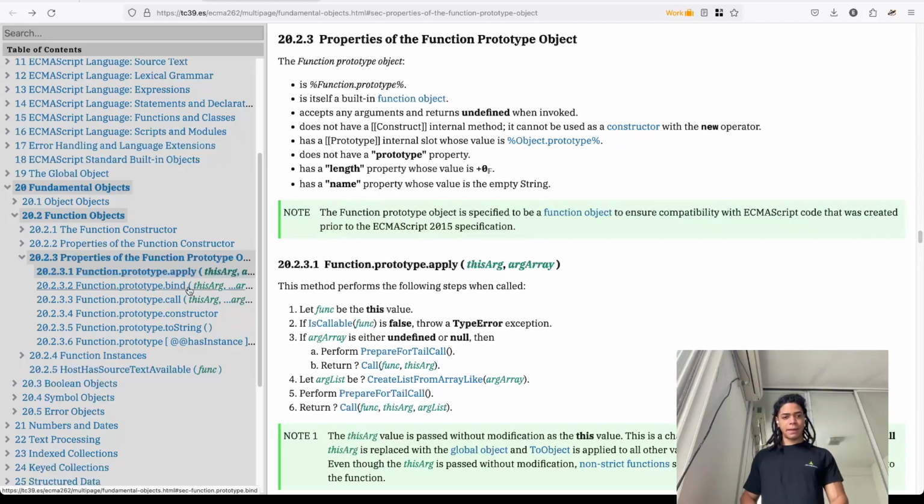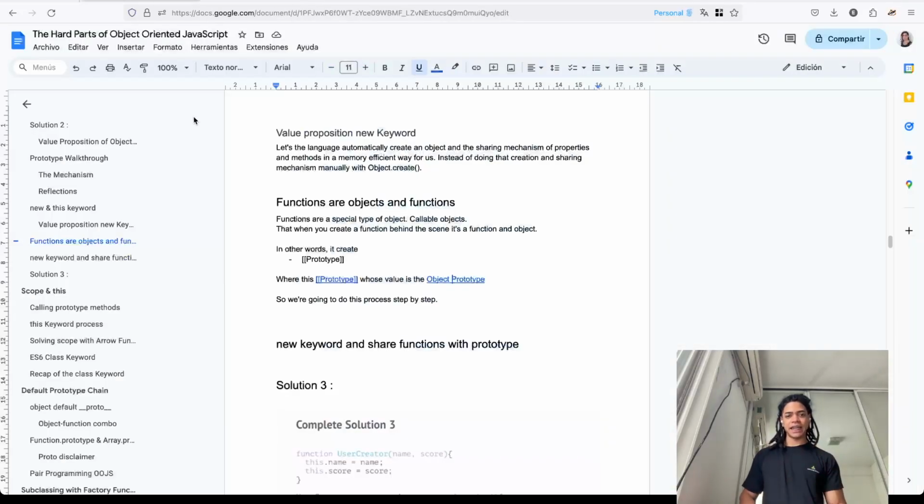For example, apply, bind, and call, and how by using them you can define which value you want this to be. So we're not going to go there because we're going to see that later. But now that we know that these function objects contain these properties and methods,